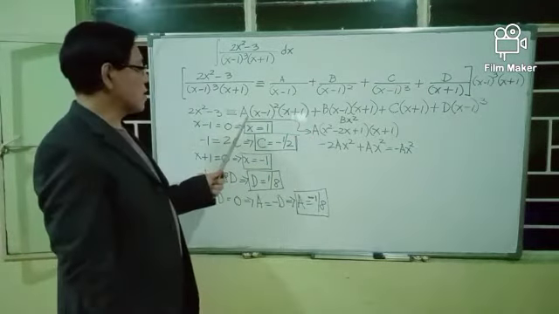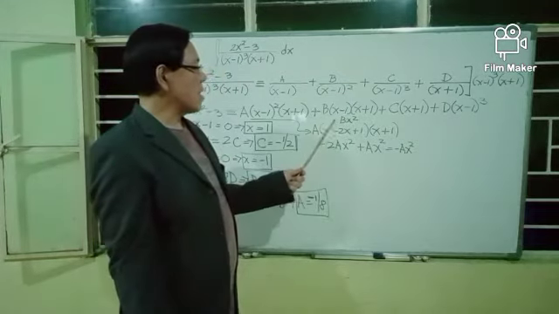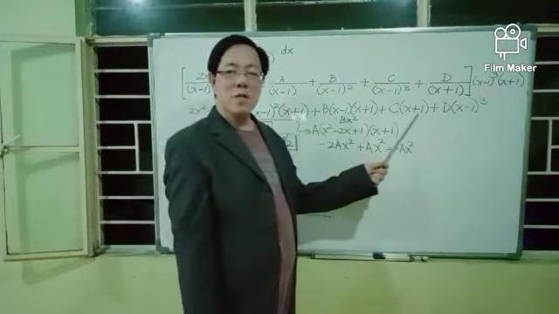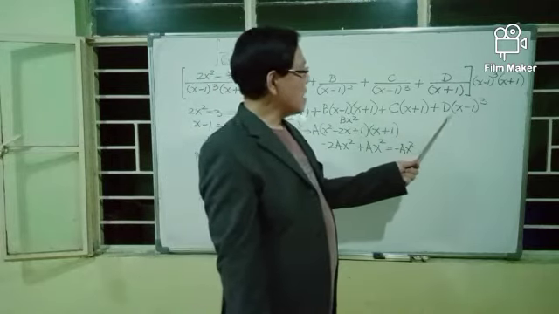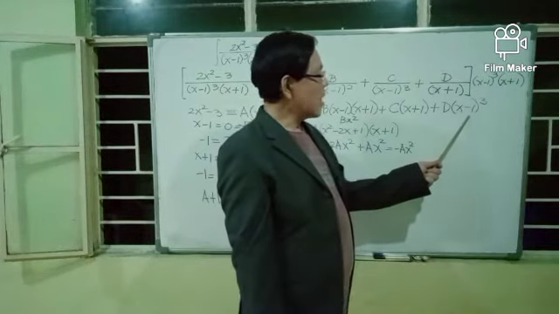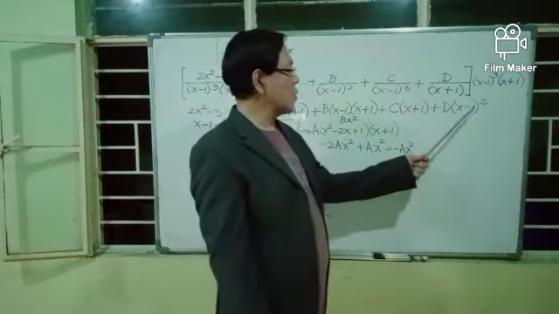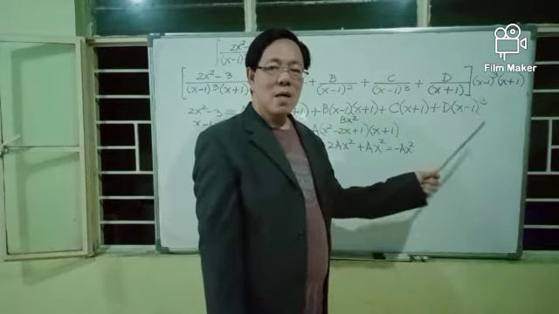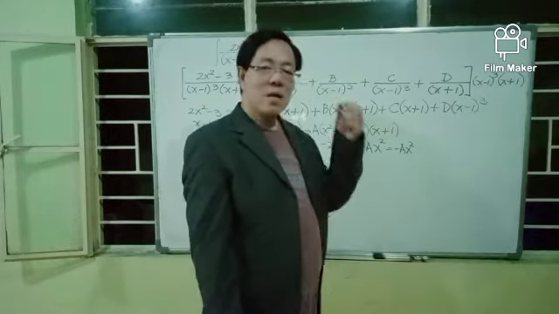For the first term, we have minus Ax squared. For this term, we get Bx squared. For this term, we will not get a term with x squared. For the last term, we will get a term with x squared if you expand x minus 1 to the power 3 using the special product rule for the cube of a difference. And the expansion of this is x squared minus